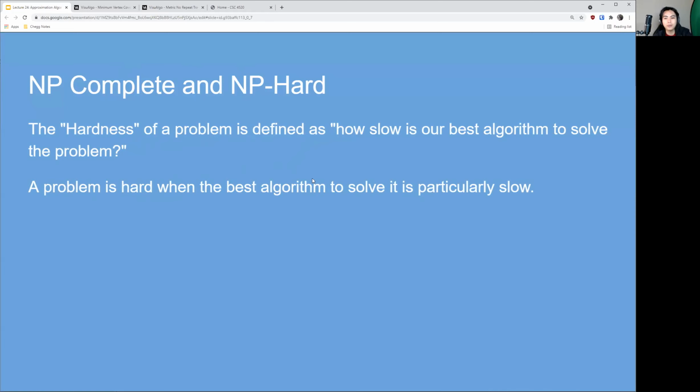And NP complete are problems that are NP hard, but still in NP. In other words, the hardest problems in the class NP. And as far as we know, the best algorithms for each problem that is NP complete is exponential in the worst case. So the best algorithms that we have in NP complete in that set of problems are exponential, as far as we know right now, right? This is assuming we live in world 1 is the kind of caveat that we have here,